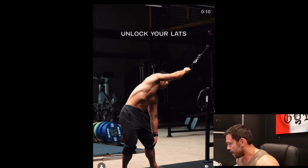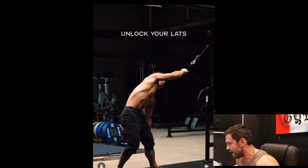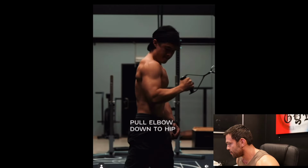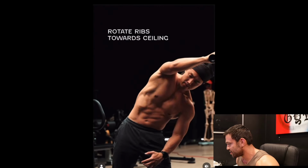I would never do any of this. I don't really get the point. Now, this move I actually like a lot. I do something real similar. It's actually a really good opener. It's a good warm-up. I mean, you can even get pretty heavy on this if you do it kneeling the